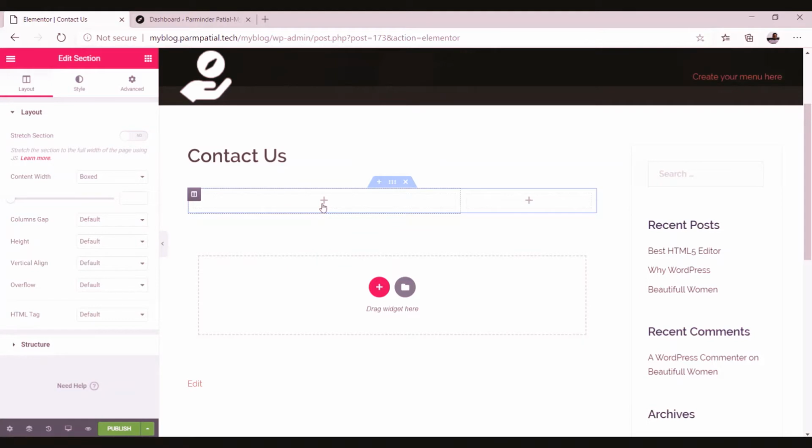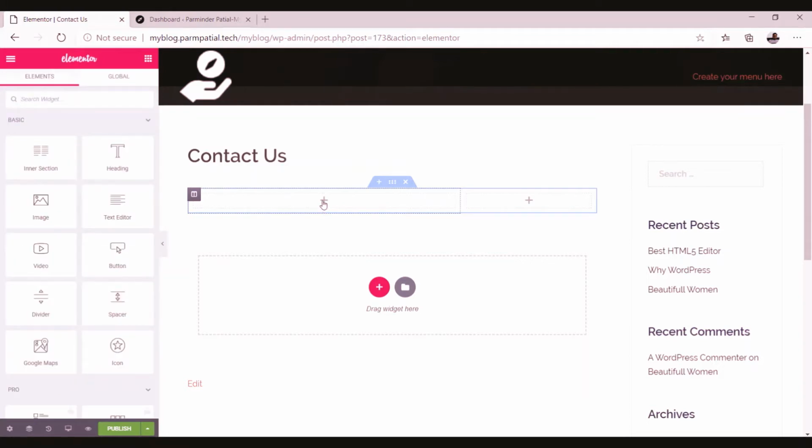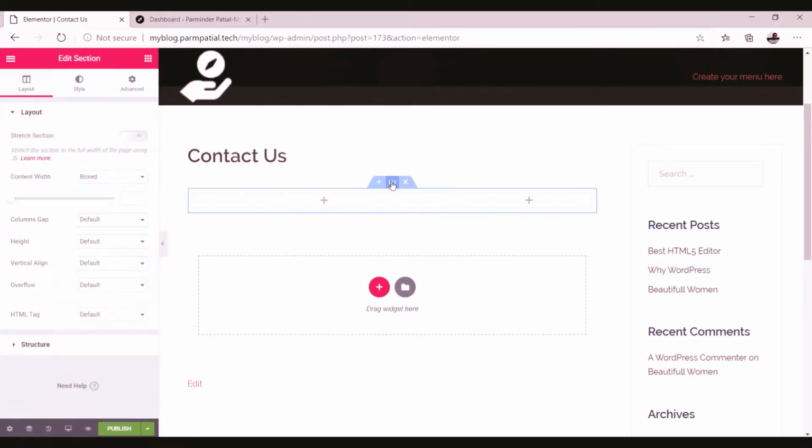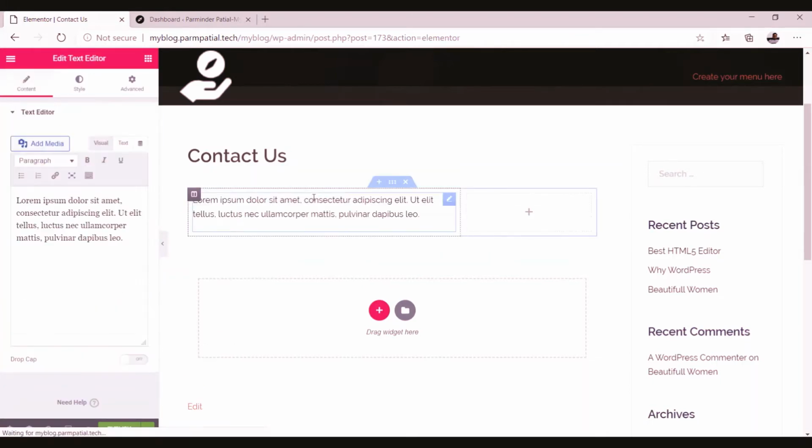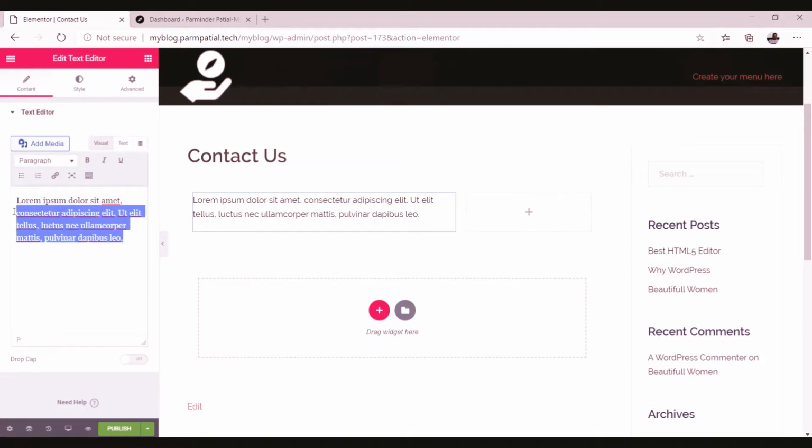Here in this section I'm going to add, first, a text box, and this section I would like to make box type. Just click on the plus button, go to the text editor, drag the text editor from here and drop it in this section. And here I'm going to add three things.